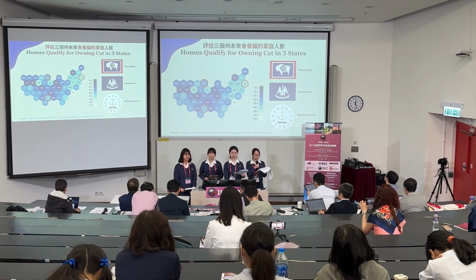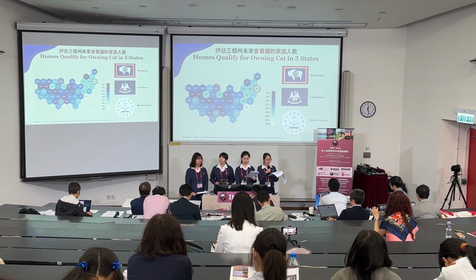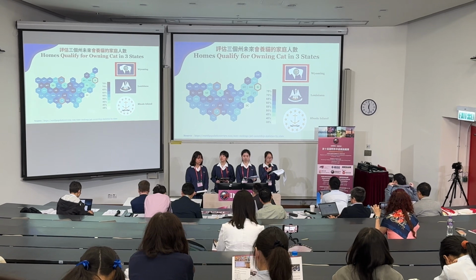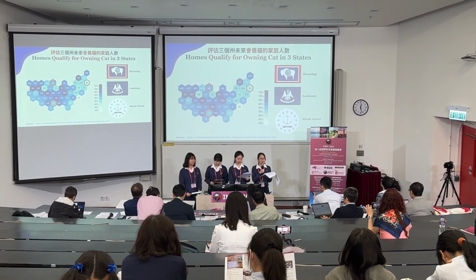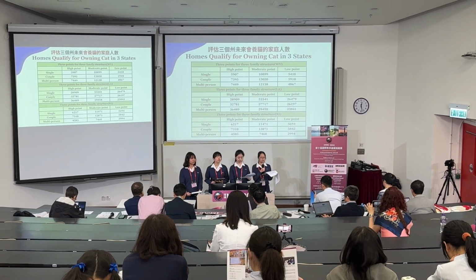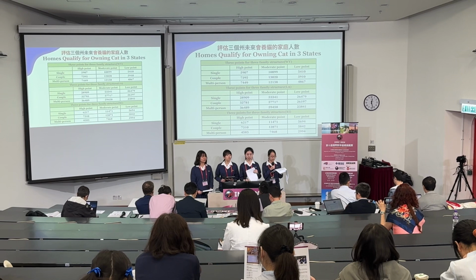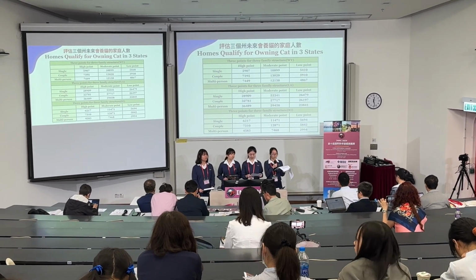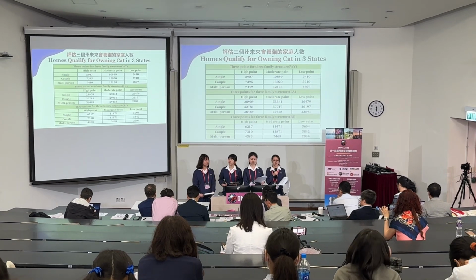Using data from the World Population Review website for 2024, we selected 1 high, 1 medium, and 1 low pet ownership state in the US. We then compared the 2024 data of pet-owning families in these states with 3 types of family population ratios provided by the US Census Bureau, using a model to calculate points.